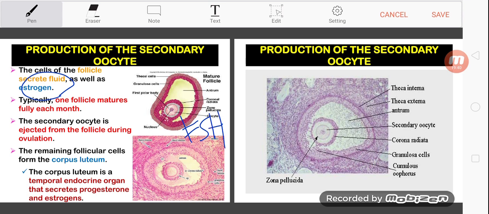As follicles develop, the follicle cells surrounding the oocyte also increase in number and in layers. These follicle cells will secrete estrogens, and this estrogen will